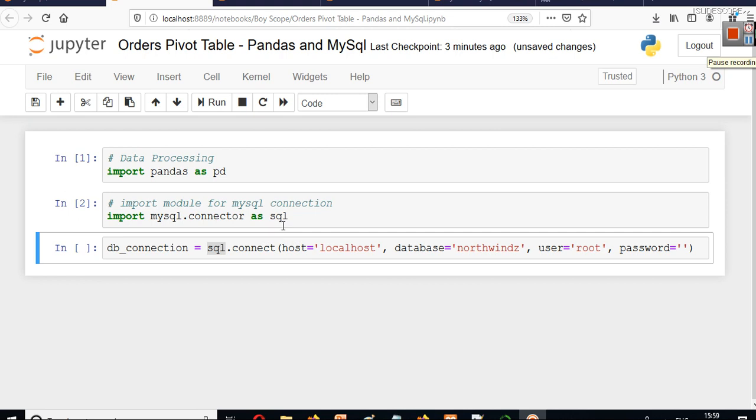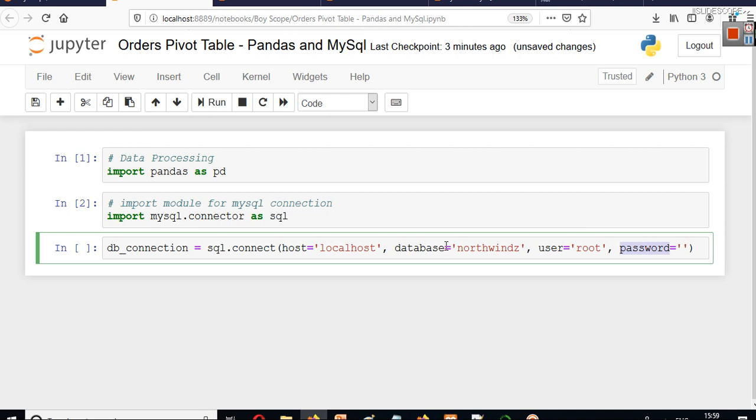And in this module, we have a method called connect, and that method takes 4 arguments. First argument is your host, second argument is the name of your database, third argument is your username, and fourth argument is your password, because we are connecting to a local database here.